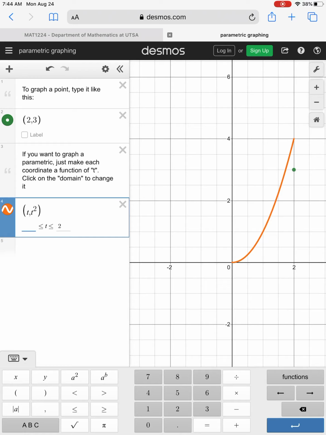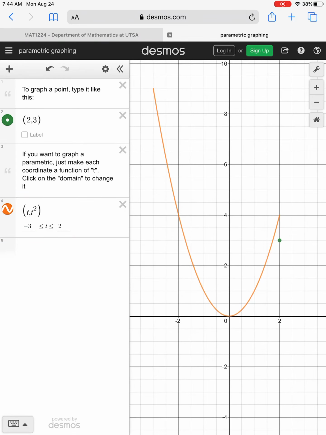And if we want to specify a certain part of our parabola, we can edit the domain for t. So let's say as t ranges from -3 to +2, we would have this segment of our parabola. So the graph updates based off of your input. So this is one way that we can always sketch parametric curves without having to eliminate the parameter. So you can make use of this utility throughout the semester to check your work or to see what exactly a parametric curve looks like, or to plot some maybe complex parametric equations that would arise later in